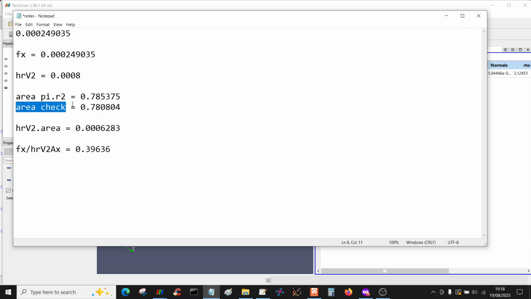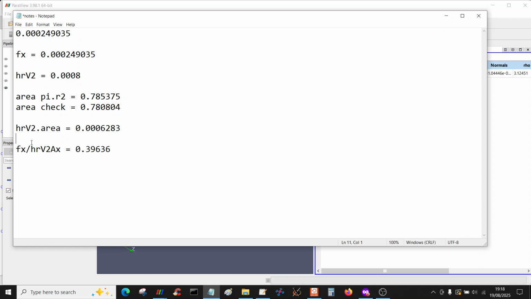I did an area check in ParaView by clipping just half the sphere and then integrating the surface normals, and that confirmed the area is about right. So I've got my force and half rho v squared times area, which using those two values comes out at 0.0006